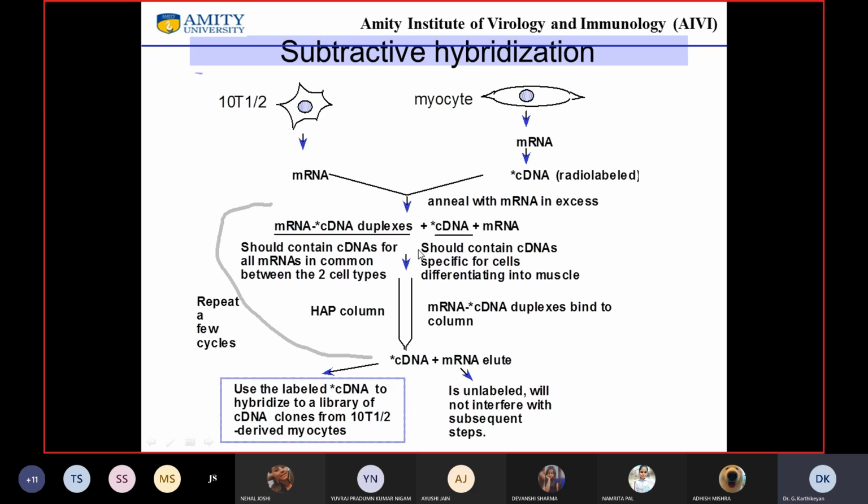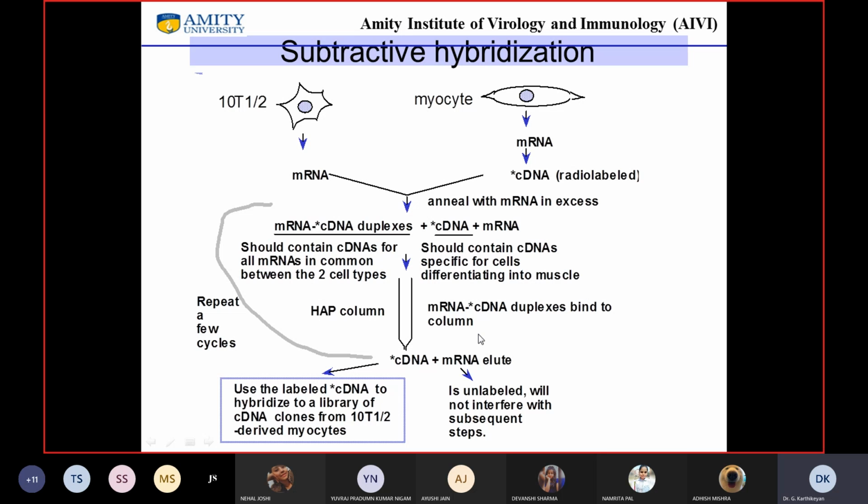Typically, you pass it through a column called hydroxyapatite. Hydroxyapatite will bind to the messenger RNA-cDNA duplex, so they bind to the column. Any cDNA which is not bound to messenger RNA will be gone, and messenger RNA as such will also not bind to this hydroxyapatite column.